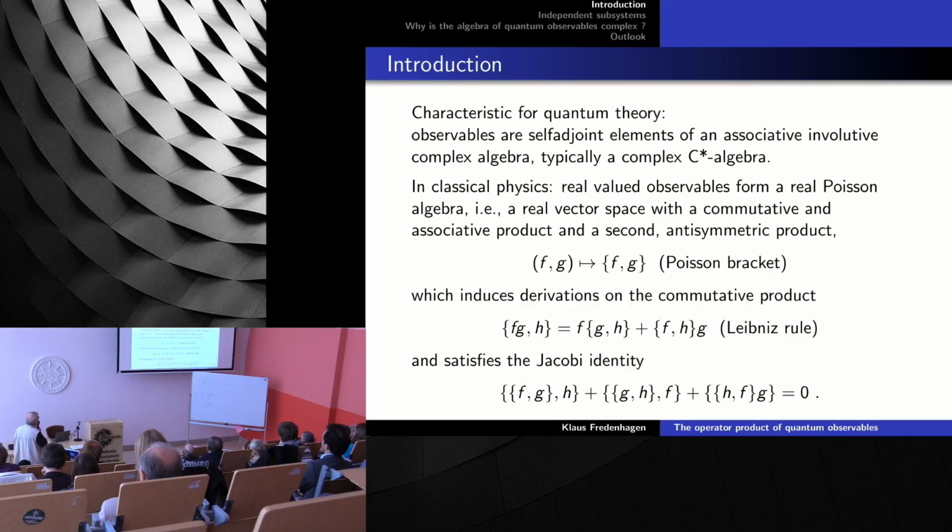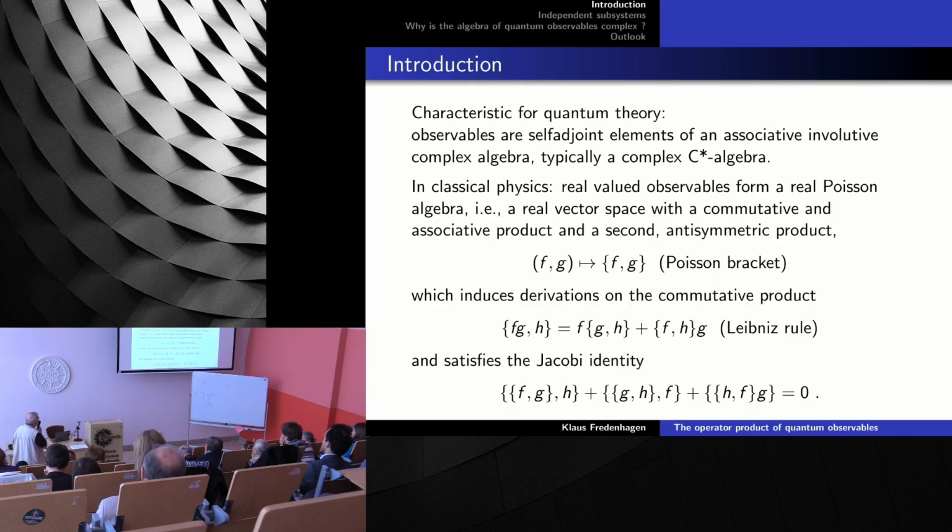And in classical physics, the observables are usually represented as real-valued functions on the configuration space, which is just a space of positions and momenta in classical mechanics, or the space of field configurations in field theory. And because these are real-valued functions, it makes sense to multiply these functions. This is, on the classical level, something which is completely